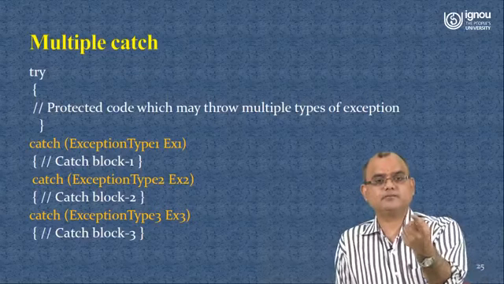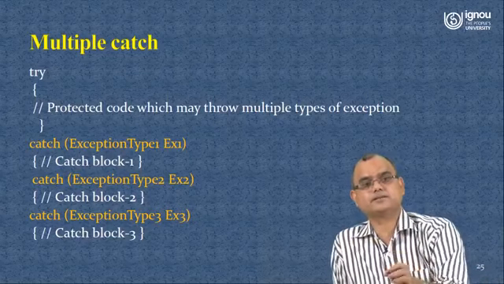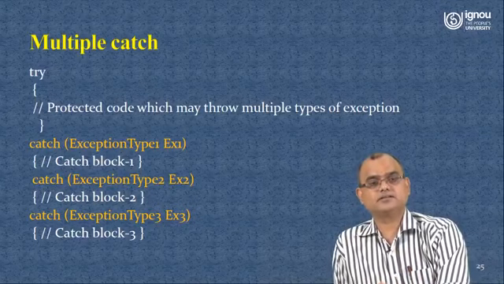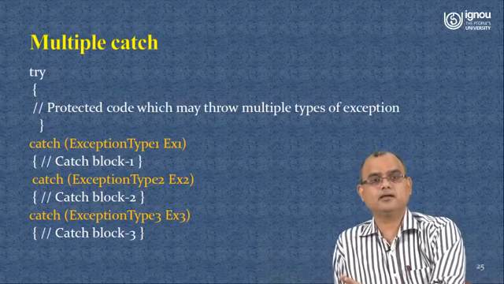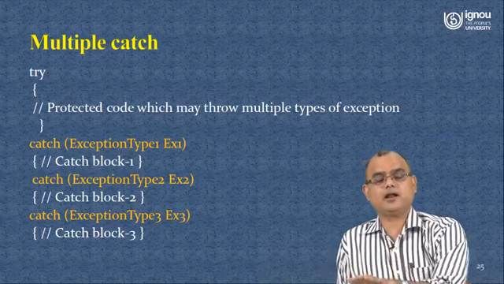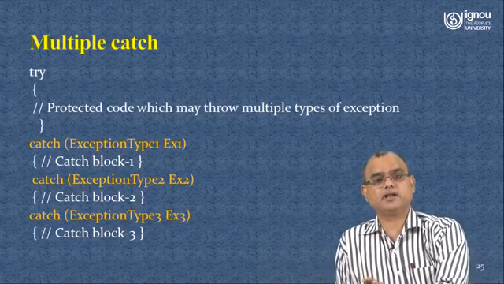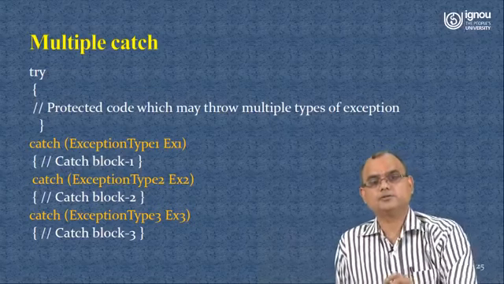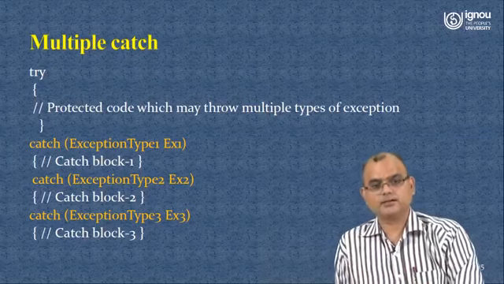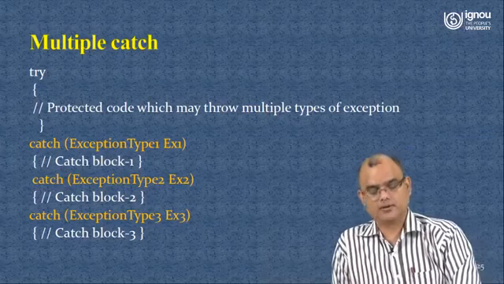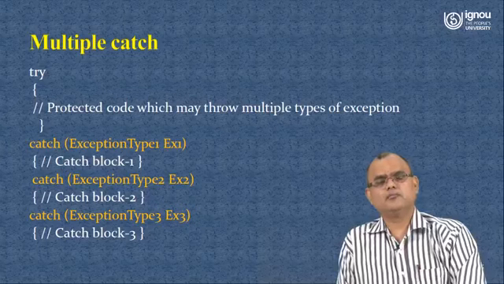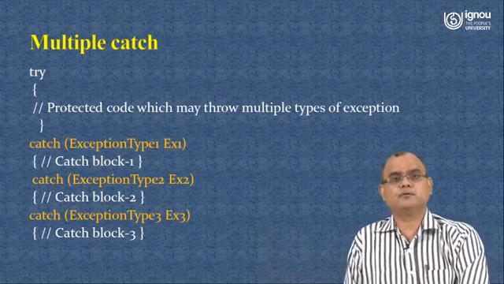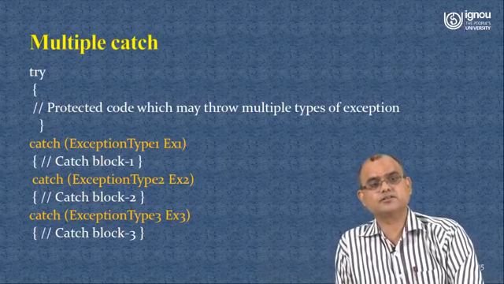So here Exception 1, Exception 2, and Exception 3 are three different exceptions, and Exception 1 should be lower in the hierarchy. Similarly, Exception 2 will be either at the same level or at a higher level in the hierarchy. Exception 3 should be either at the same level or at the highest level. You have to take care of that, then only you can manage the exceptions in your programming, and more practice will help you handle different kinds of exceptional situations in your program.